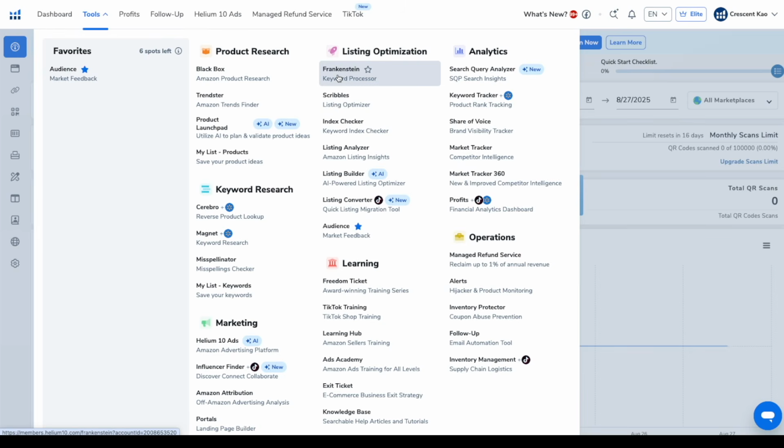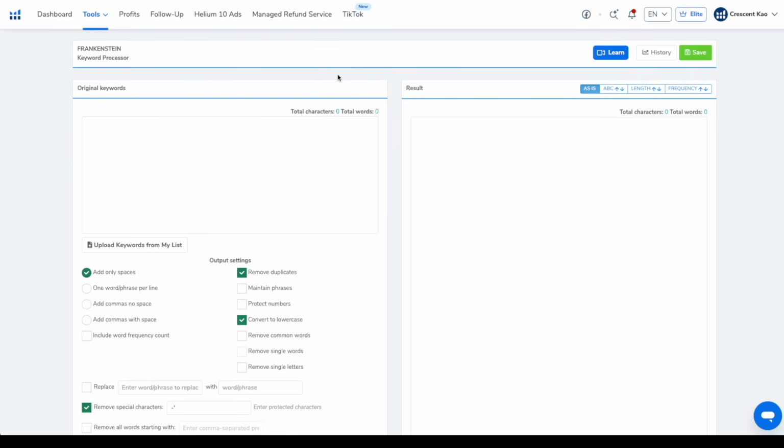Another favorite tool of mine is Frankenstien. Frankenstien is a keyword list processor. When you're putting together a keyword list to optimize your listing or to use in your PPC campaigns, you often end up with a huge list of keywords. And Frankenstien cleans up that list by removing duplicates, commas, and formatting issues so that it's ready to use on